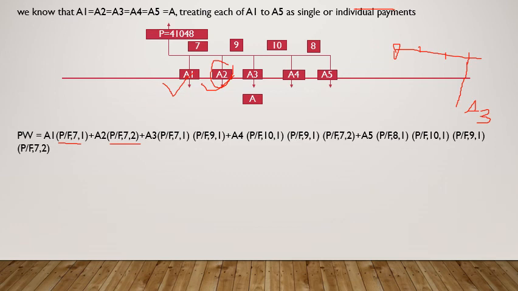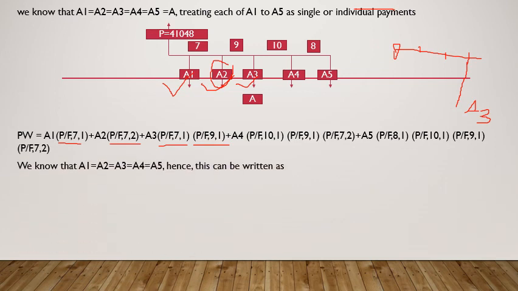But can you convert that into P? Can you convert that into P straight away? You cannot, because between 2 to 3 interest rate is 9. So you have to use the factor P by F comma 9 comma 1 and then P by F comma 7 comma 2. So A3 gets converted. Use the same methodology for A4 and A5 also. Right, P by F comma 10 comma 1, P by F comma 9 comma 1, P by F comma 7 comma 2, and A5, all the 4 factors for interest rates will come into picture.